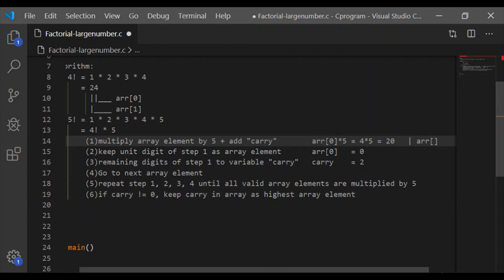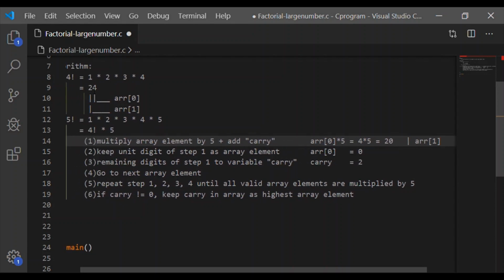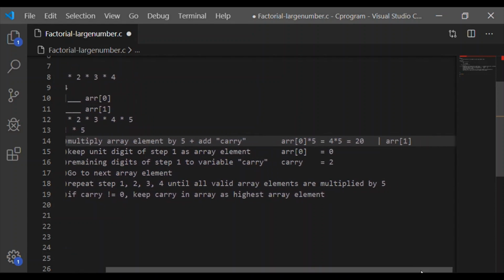The next array element is array 1, and repeat steps 1 to 4 until all valid array elements are multiplied by 5. So array of 1 here after 4 factorial was 2. So 2 multiplied by 5 becomes 10. Now we have to consider the second half of step 1, that is add carry.